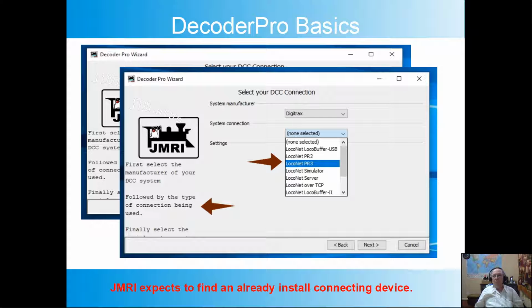Then it wants to know what kind of connection we're making. Okay, why? Because Digitrax offers all these different pieces of hardware that it talks to. Pick the one that's appropriate. In our case, we're going to use the LocalNet PR3. Now, if you use the LocalNet local buffer, go back and read your manual. The one that I told you is handy because you're going to have to push a couple of buttons and tell it you're using it as a standalone, and you're going to have to set an end of